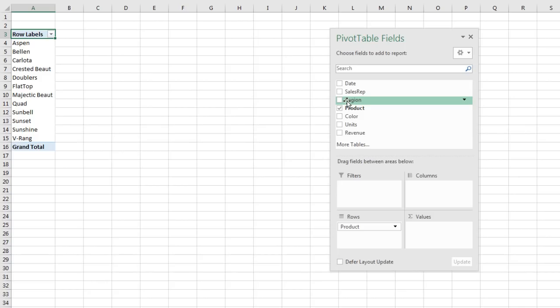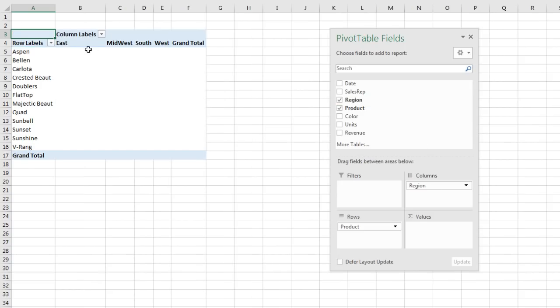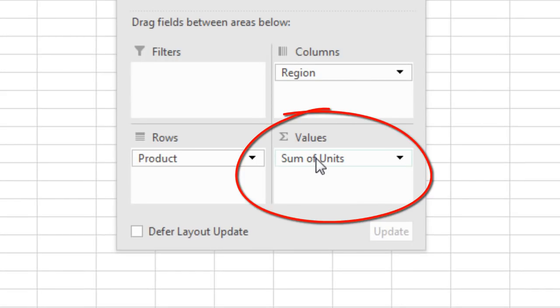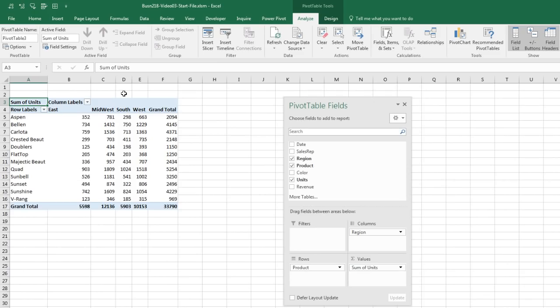Now I'm going to drag region down to columns, and instantly we get a unique list of regions from the region column. Now we're going to make a calculation on the units field, so we drag units down to values. And instantly we default to the sum calculation because we have numbers in the units column. There is the start to our